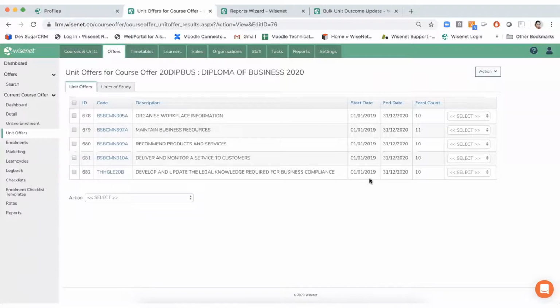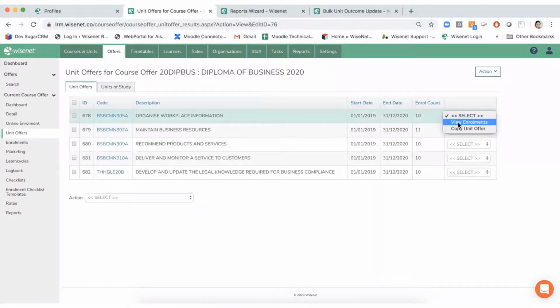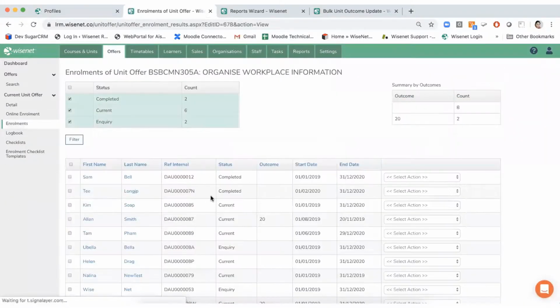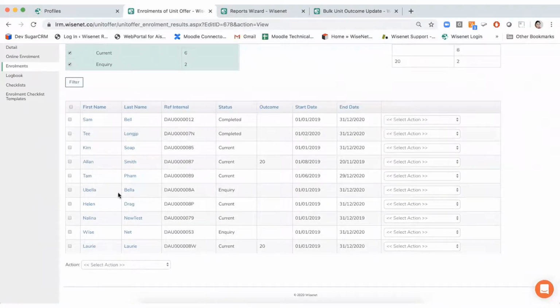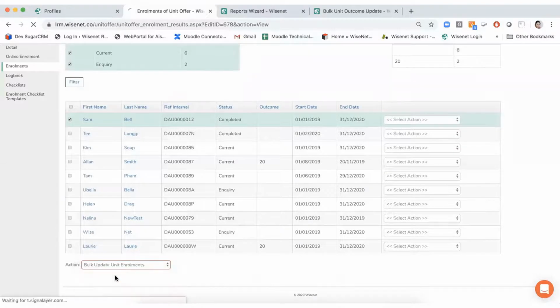So as I said, I would highly recommend updating these through the course offer or even the unit offer enrollments, just to ensure that you're putting in the right information, because it may get tricky when you bulk update these things. And when I say outcome, I'll show you what I mean by the outcome 85 and 70, what it